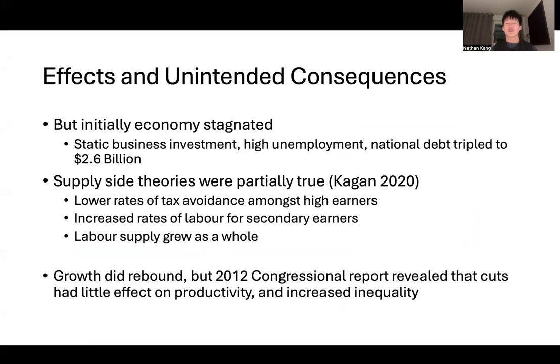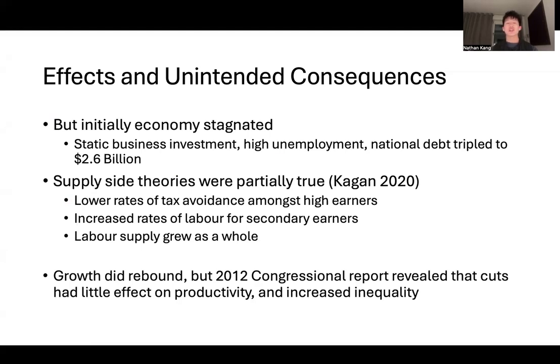So initially, after the tax cut, the economy actually stagnated. There was static business investment, high unemployment, and national debt tripled to $2.6 billion dollars. And the supply side theories were only partially true. While, yes, we did see lower rates of tax avoidance amongst high earners, as well as an increase in the labor supply as a whole, much of this growth was quite minimal